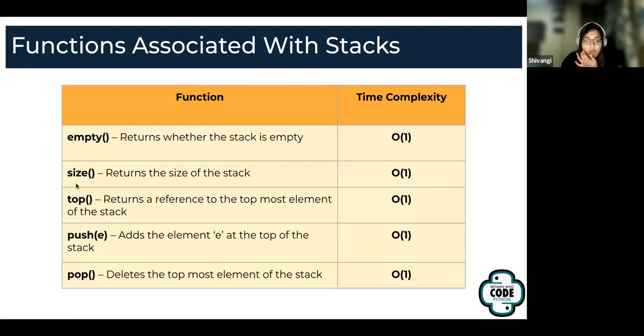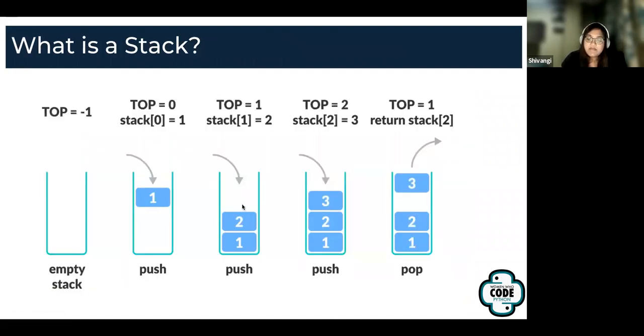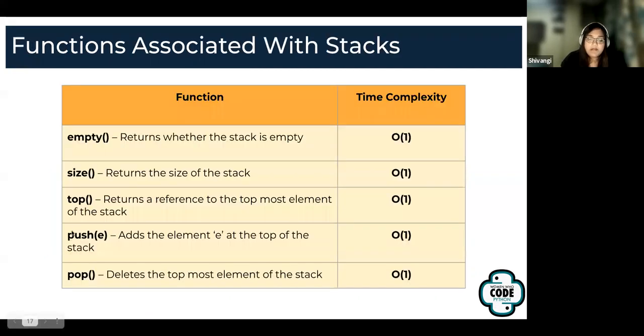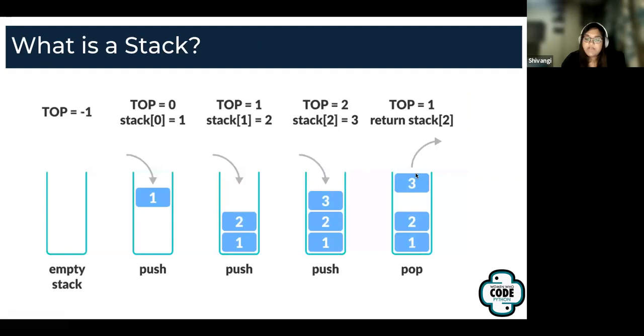And size is the number of elements inside the stack. Top, like I mentioned previously, is the last element which was inserted into the stack. Push essentially means adding an element into the stack, and pop deletes the topmost element from the stack.